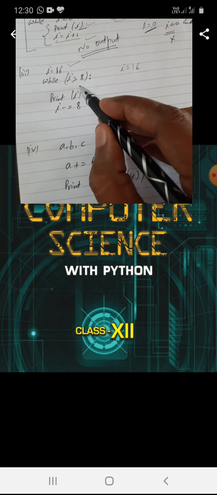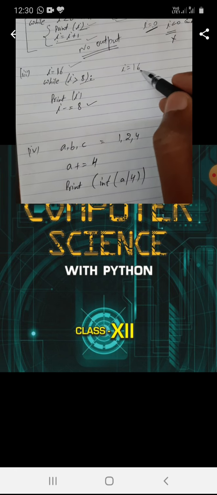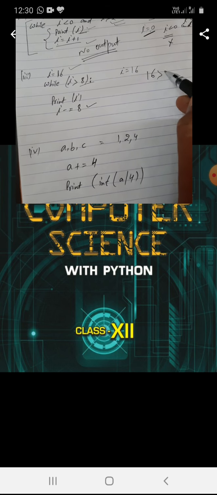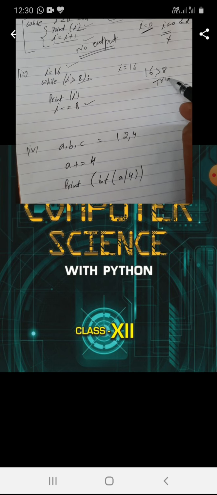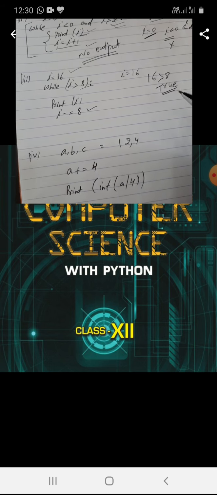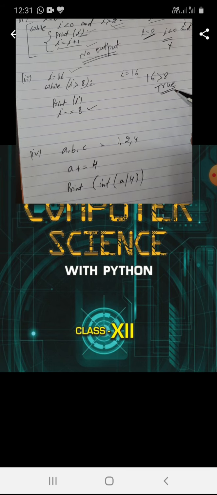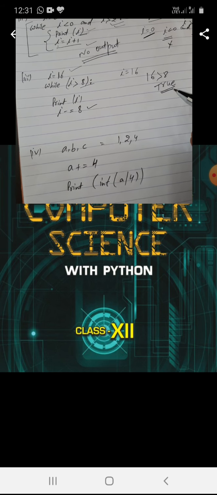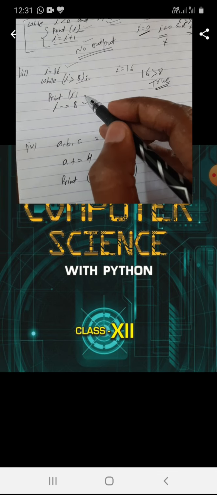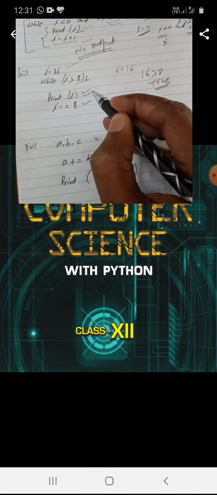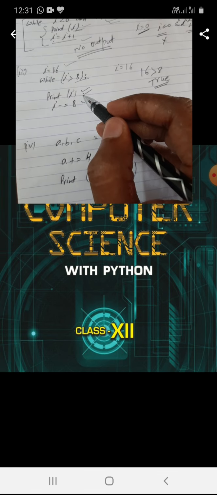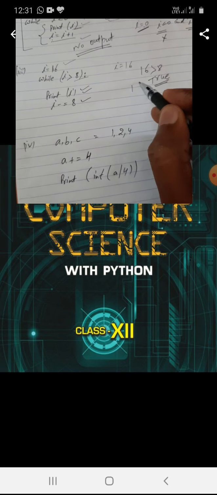What is the condition? The condition is i > 8. 16 is greater than 8. Yes, the value is true. It means i = 16 will be passed to print(i), and it will generate an output on the screen which is 16.